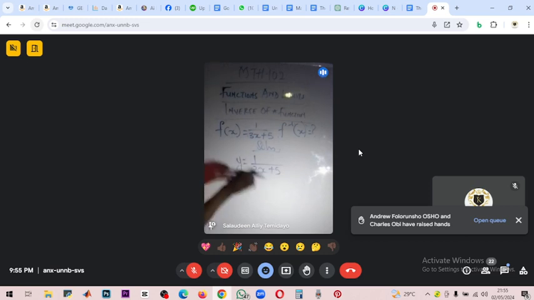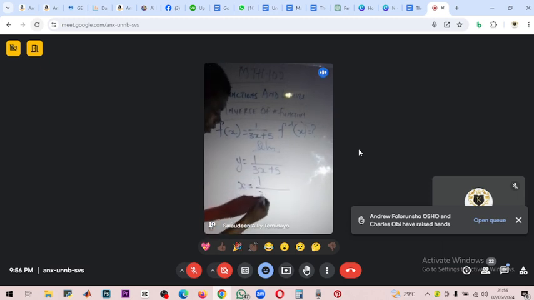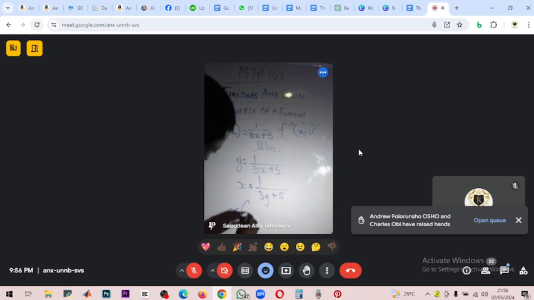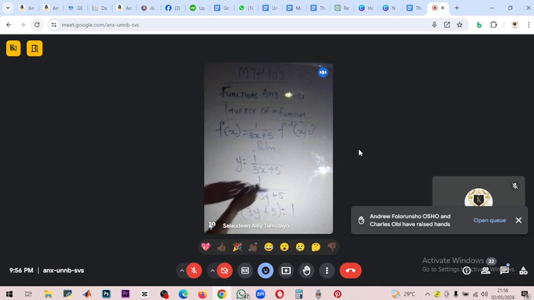That's the answer to your question. It's not that I got y from anywhere. I said the first thing is to represent f of x by y, so y equals this function. The next thing is to interchange y and x inside this function. Wherever I see y, I write x, and wherever I see x, I write y. So x equals 1 over 3y plus 5. I'm making y the subject of the formula now, so I can cross multiply. Cross multiplying, I will have x times 3y plus 5 equals 1. Are we moving together?